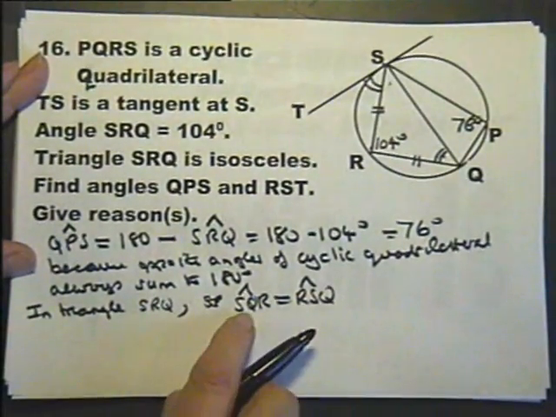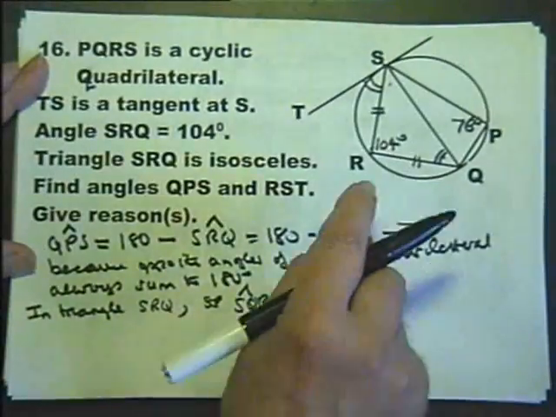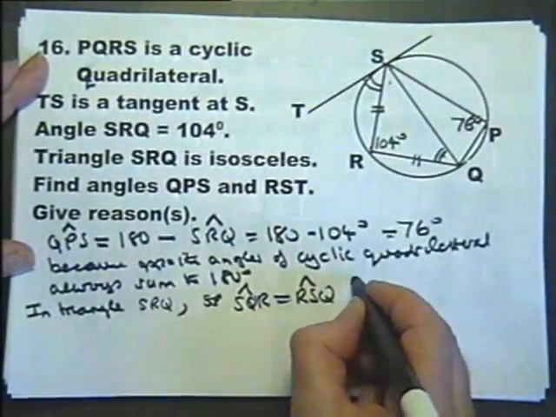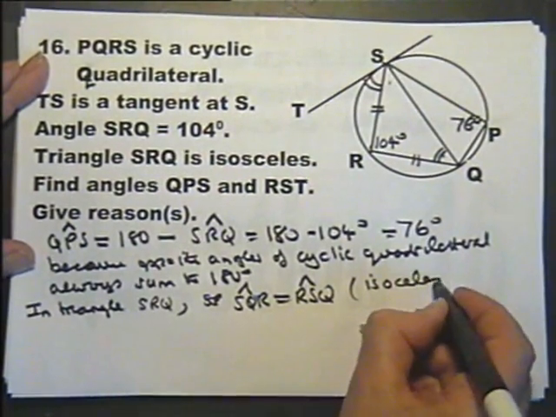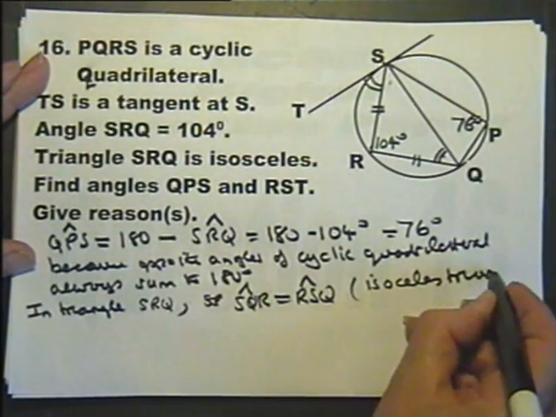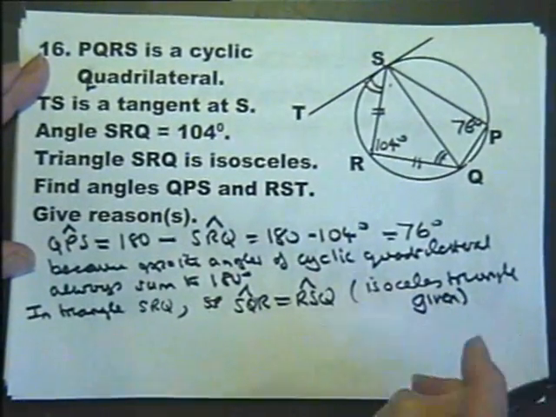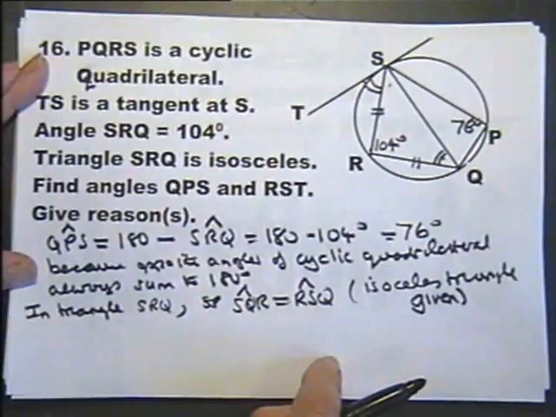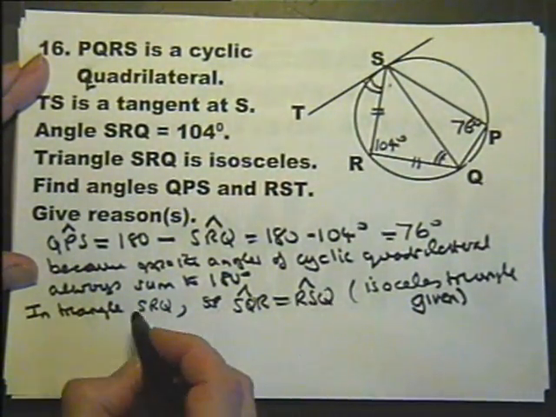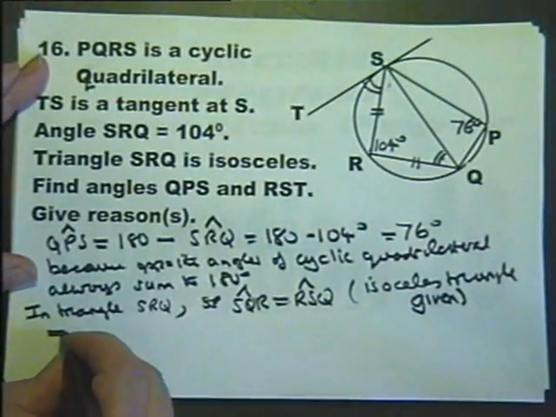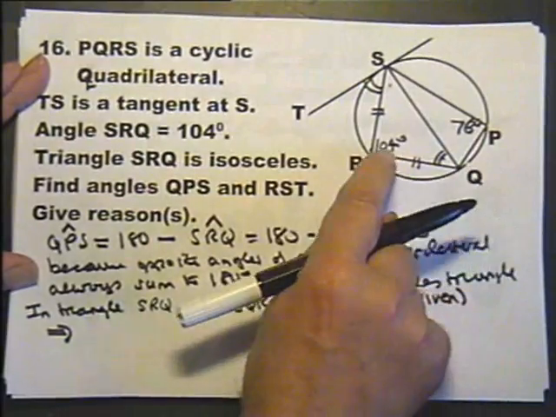Let's just check that. SQR equals RSQ. Yes. I shall write isosceles triangle, and the word I'm going to write is given, because we're given that information, and that's a property of an isosceles triangle, which implies that the angle SQR